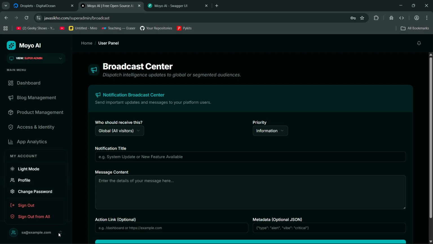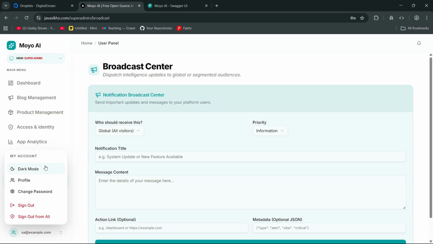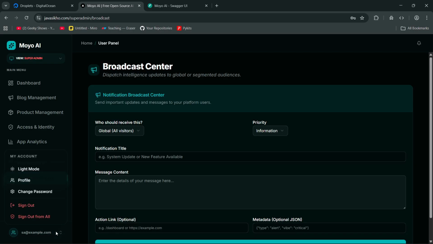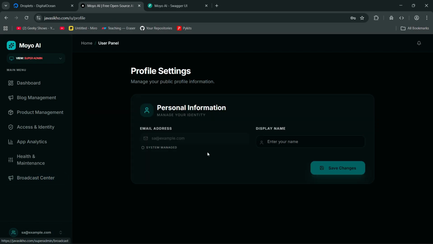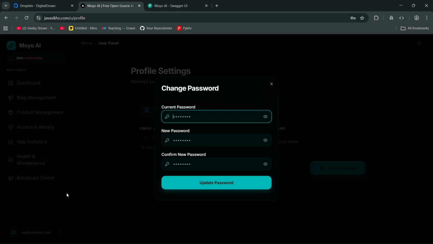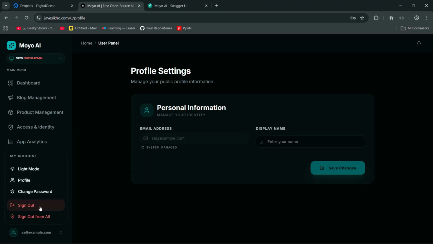Then the next option is here. This is a kind of drop down. So simply click here. You can change theme, light mode to dark mode to light mode. You can edit your own profile. Simply click here. You can change your display name if you want. You cannot change your email address, so keep this in mind. You can change your password if you want to, and if you want to sign out, then simply click here,